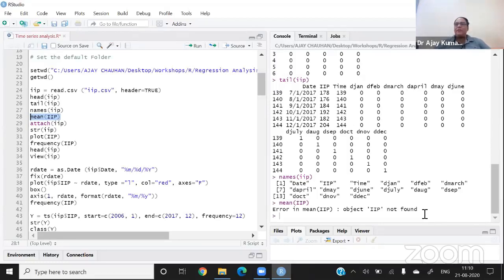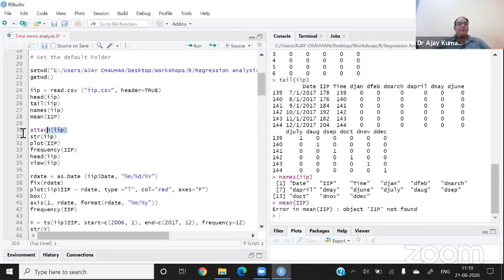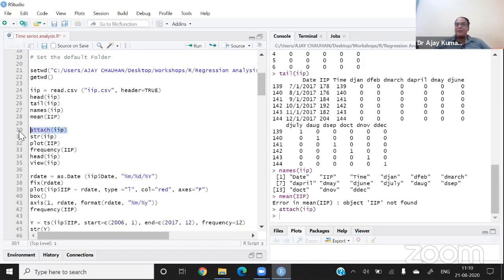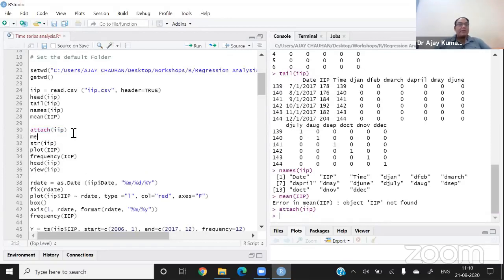It is a box. Whatever is in between under this is not clear. So first of all, we have to attach the file. So I am now giving the command attach. Now this box is divided into a matrix. Matrix includes the observations, which means rows and columns. And now if I run the command mean of IIP, the software will give me the mean.